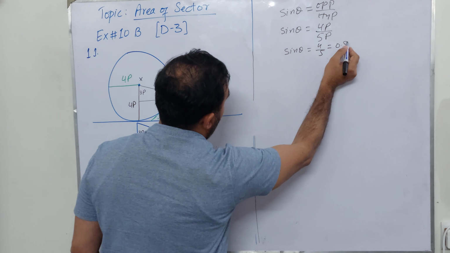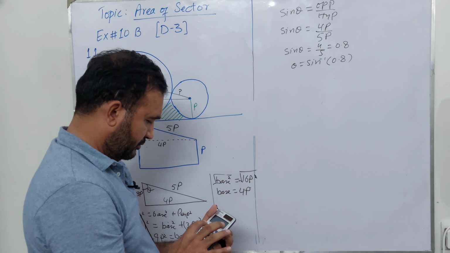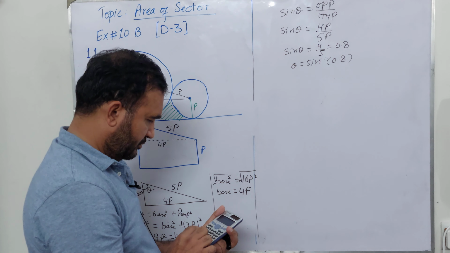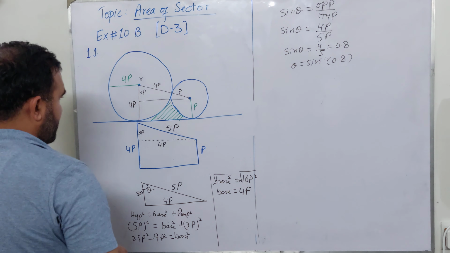So theta is equal to sine inverse 0.8, which will give us an angle. Sine inverse 0.8 is 53. So this angle is 53,